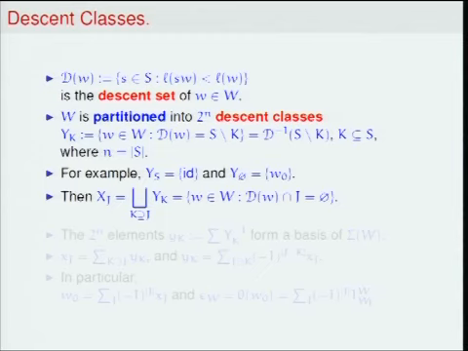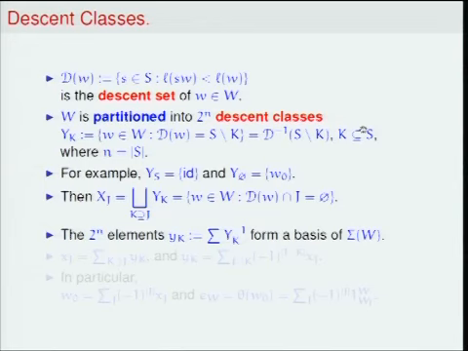Clearly, since the condition on the minimal length coset representatives can be formulated in terms of descent sets, one can describe the right transversal of W_J as all those elements w which have the property that their descent set avoids J entirely. Each such capital X_J is a disjoint union of capital Y_K's, and exactly those K's which contain J.